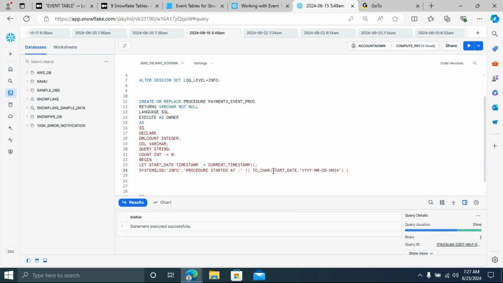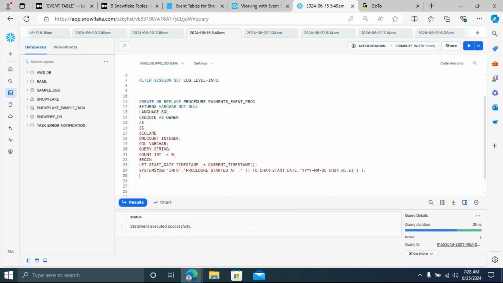Here it's 24. Minutes means mi in Snowflake. Okay, make it lowercase. And then seconds is going to be lowercase. Good. Everything we have achieved, right? Now just put the line termination, guys. Yeah. This is how you can log the information.